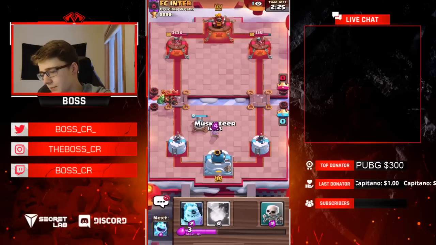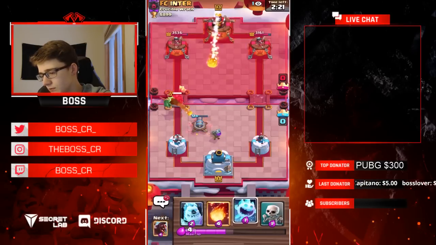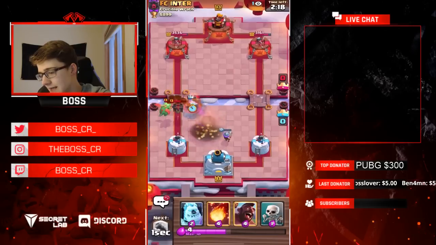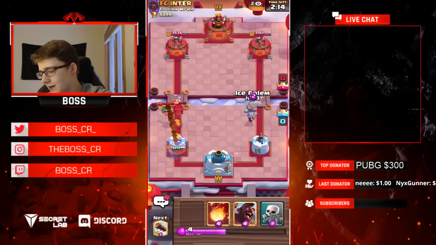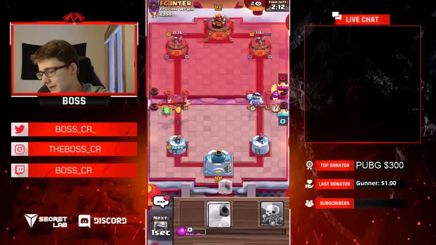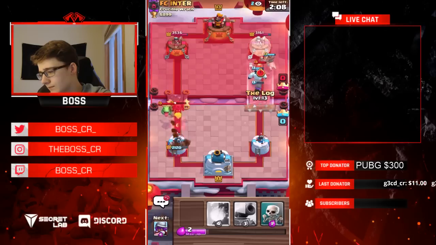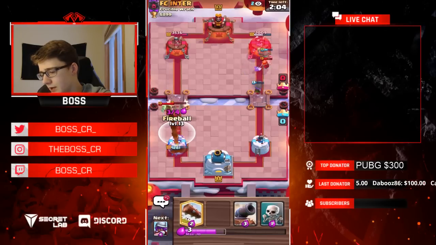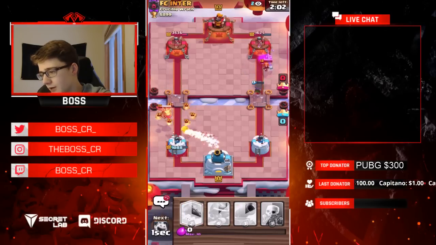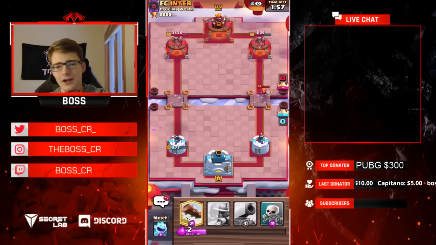So we're going to have to play our Musketeer, and that's going to be... Oh, he has a Fireball, too. That's not good. Alright, I'm going to go for an Ice Golem and a Hog Rider, because if we don't do damage here, I think we're screwed. Okay, good. It's going to get a lot of damage, but... Okay, I'm going to Fireball here. You know what? That's not the worst that could have happened. I feel like it could have been worse than that, because...